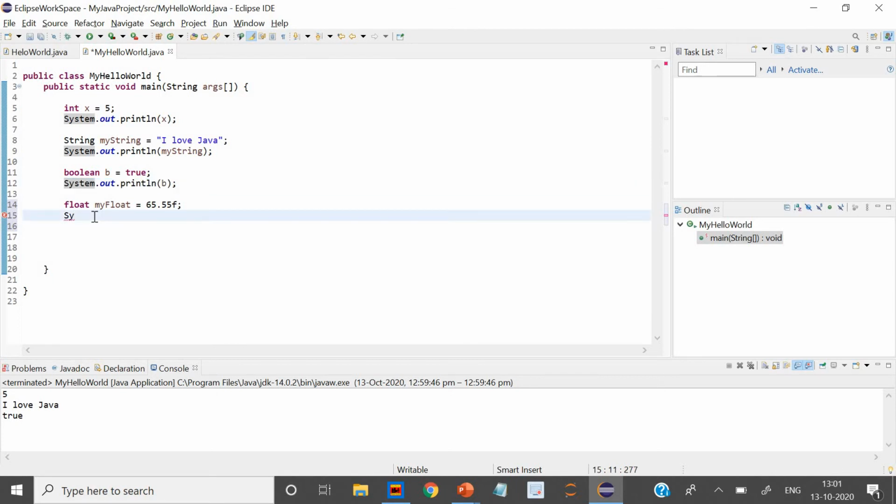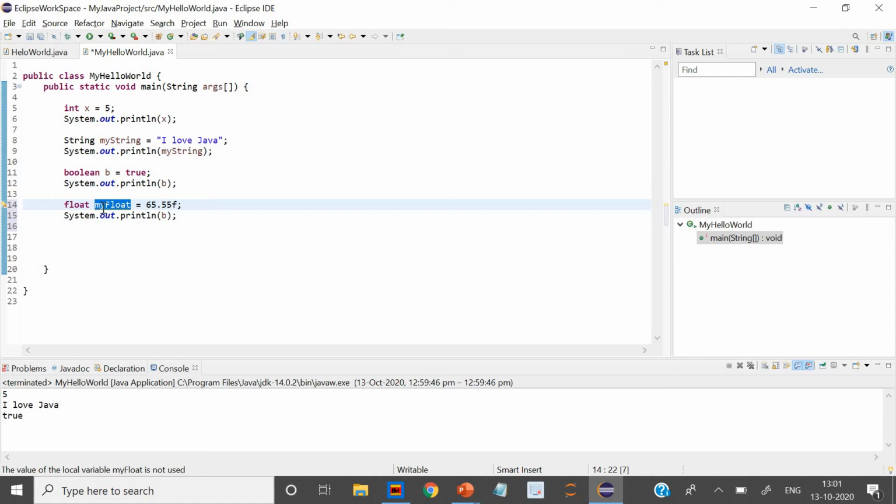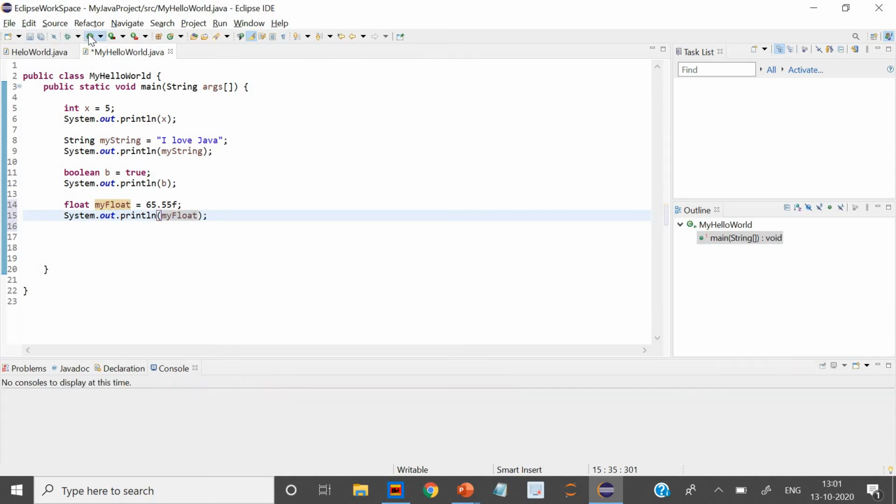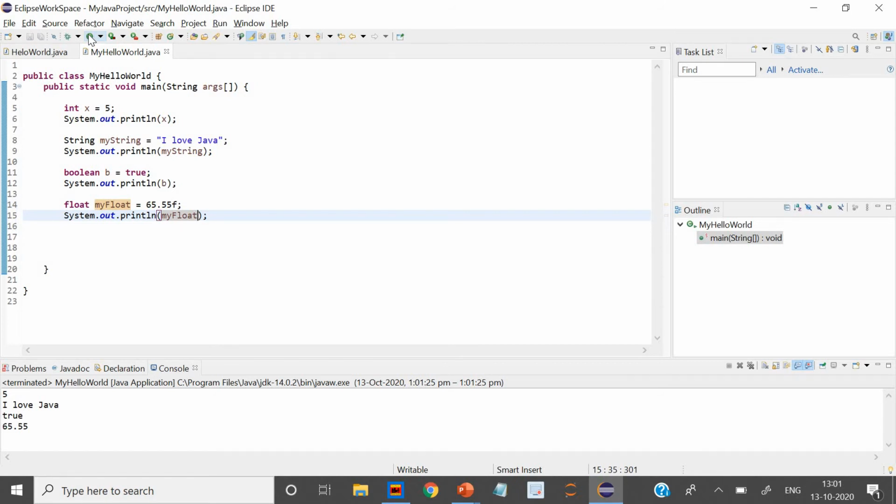system.out.println, then Control V. Then what is our variable? It is my float. Control C. Here if you put it here, Control Z, and then here if you put it, you can run it. Then you will see. So why are you giving float value f? Because otherwise JVM, Java Virtual Machine, cannot differentiate between